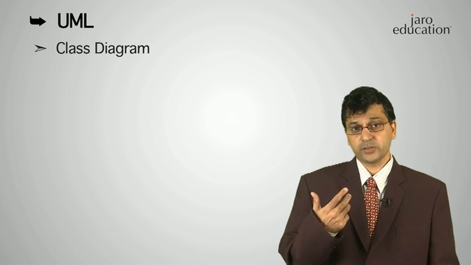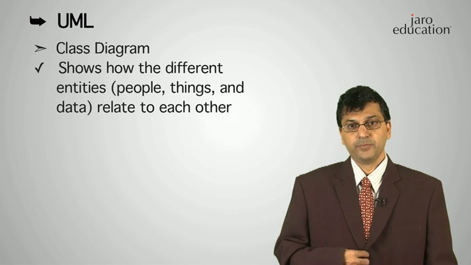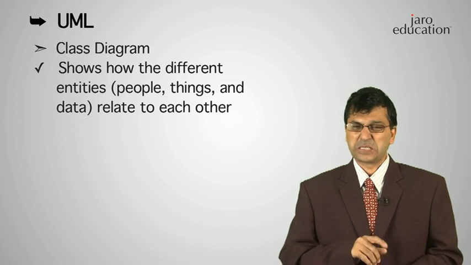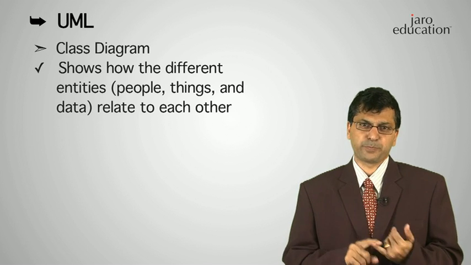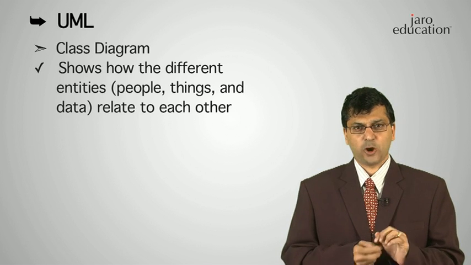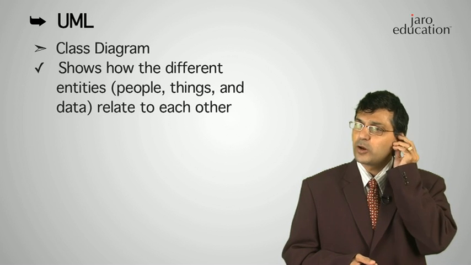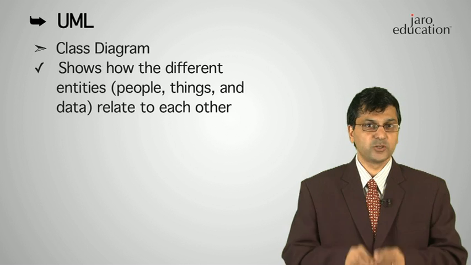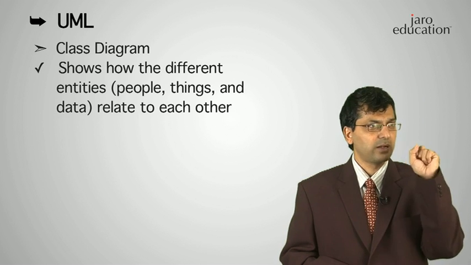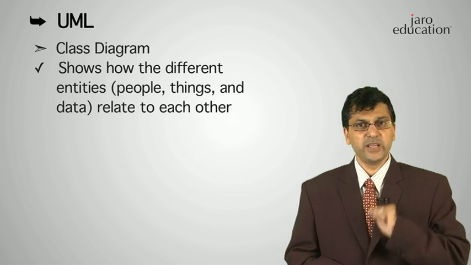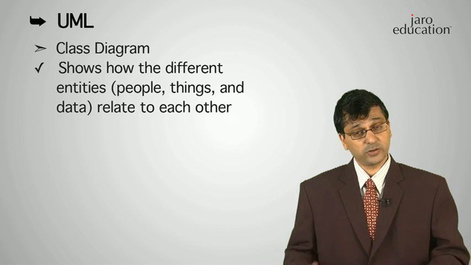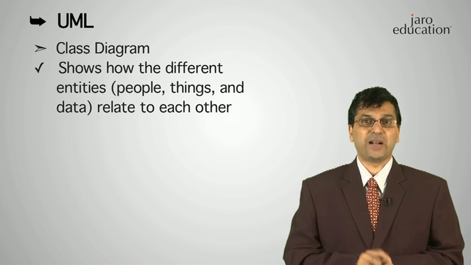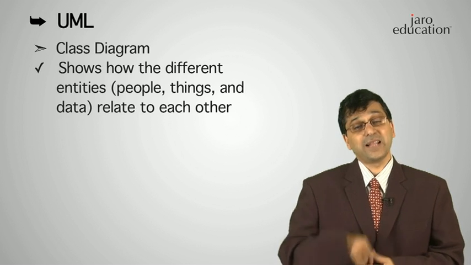Now this class diagram shows basically that in your application you may have lots of classes: customer, order details, product, category, shopping cart, and so on and so forth. A lot of classes that will interact with each other. You will also have some inheritance going on: vehicle, car, BMW, Audi, and so on. Lots of inheritance also. So you need to represent this using a diagrammatic presentation, and that's where the class diagram comes